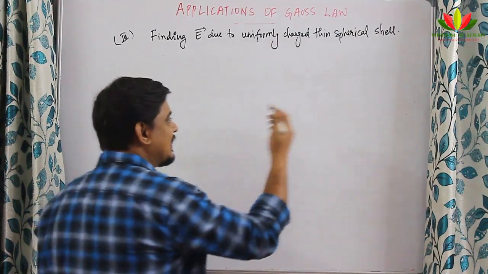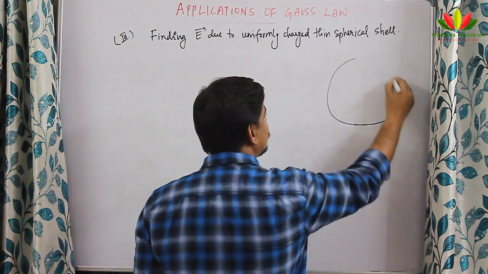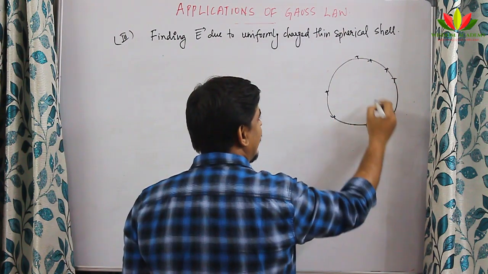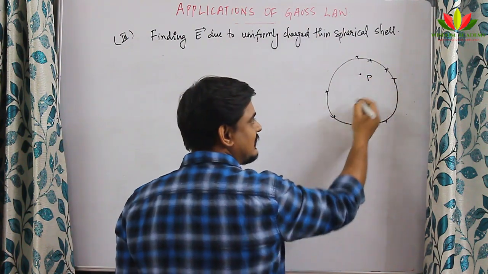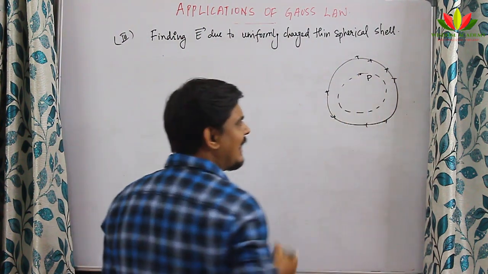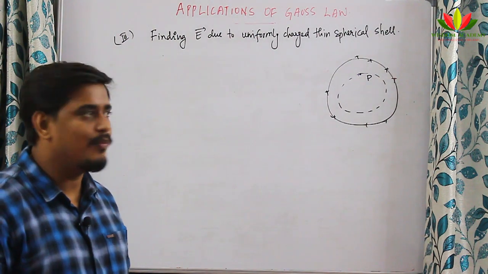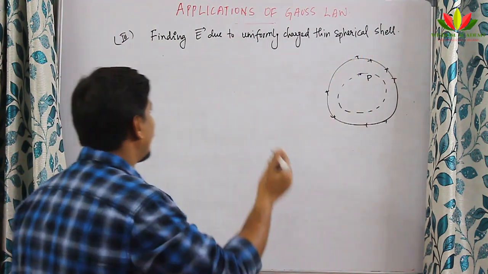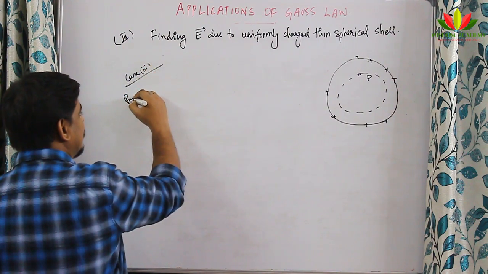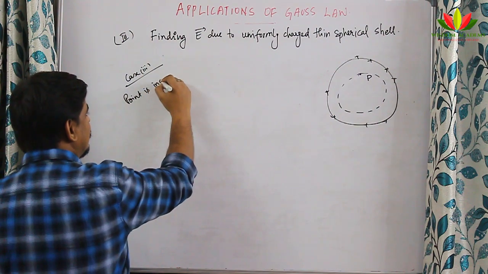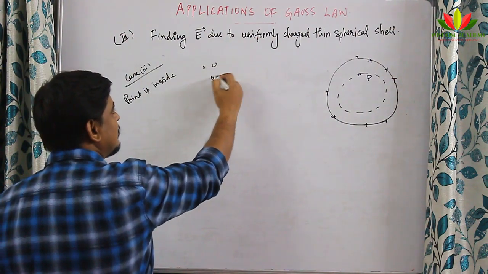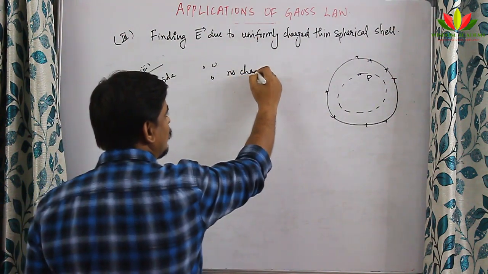What if the point P is inside? This is the shell, a uniformly charged spherical shell, and I am taking the point P inside the shell. If I take the point P inside the shell and draw a Gaussian surface here, am I enclosing any charge? No, because the charge is outside. This is case 3. Case 3 is inside, the point is inside. So since no charge is enclosed,